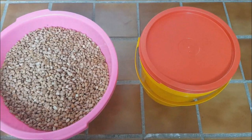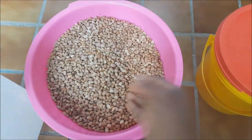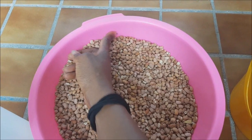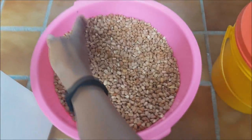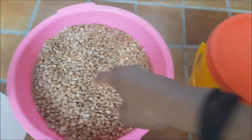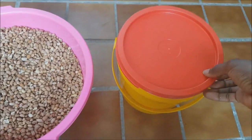So any method that will destroy these weevils that I know of, I will gladly share. Okay, there are two ways to do this. First, you need the beans that you want to store. You see one weevil there? Yeah. You see the beans you want to store, and for the first method, you just need a container with